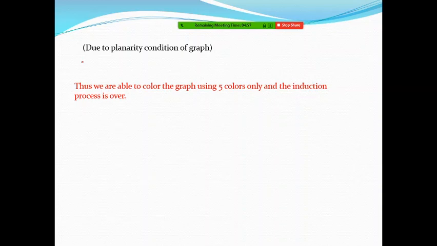So you will nowhere find the proof of the 4 color theorem. The proof is available only for 5 colors. But yes, the reality is that for a planar graph, we never require even a 5th color. Only 4 colors are sufficient. So that's why both theorems are being taught in your classes. The 4 color theorem is also there, the 5 color one is also there.